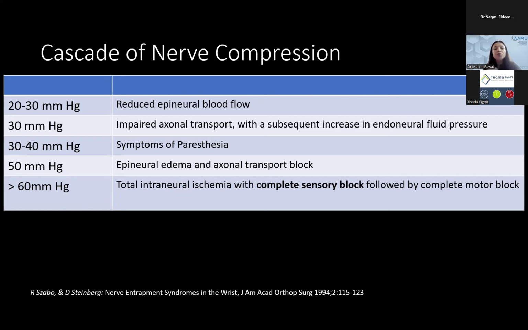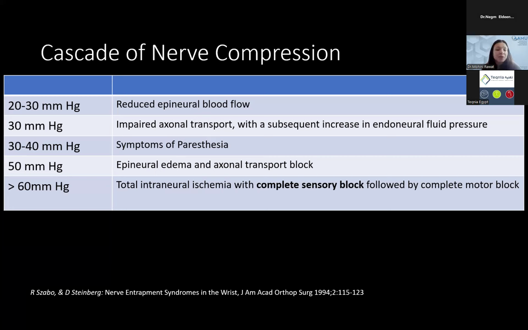If it goes to 30 and above, it causes impaired axonal transport and changes in the endoneural fluid pressure. If it goes up to like 40 millimeter of mercury, there are symptoms of paresthesia. So before the patient presents with symptoms, there are some changes happening, but it has to exceed that threshold for